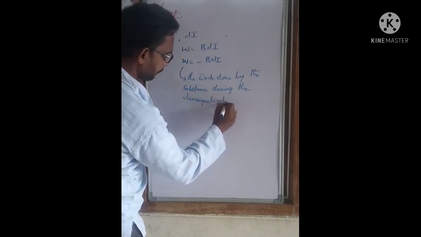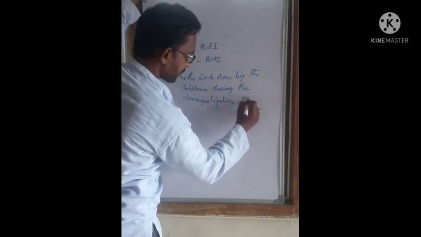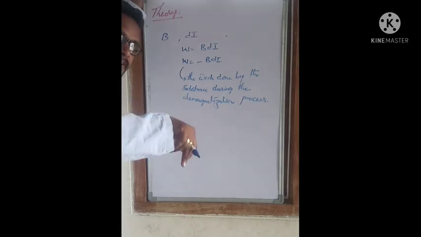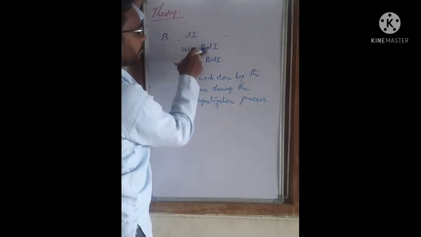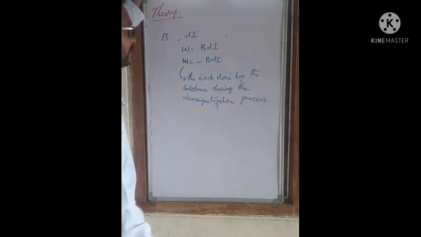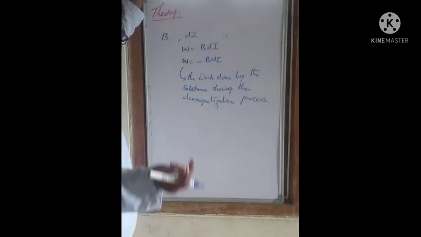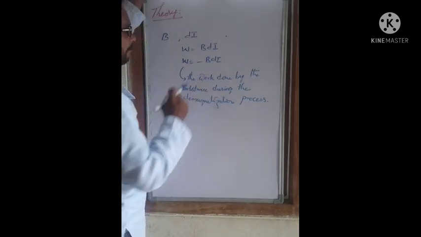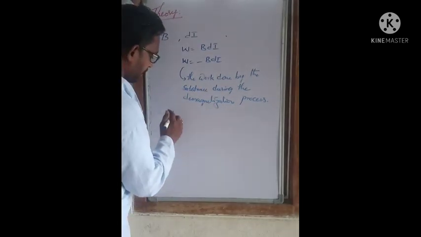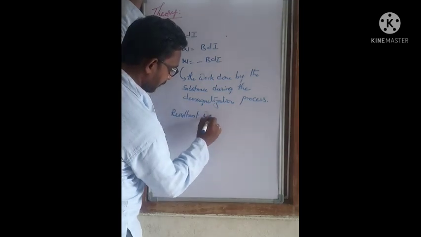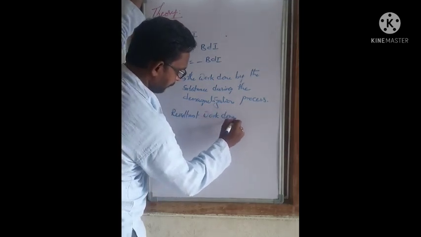Demagnetization process. In the magnetization process, the work done on the substance by the field is W = B dI. But in the demagnetization process, the work done on the substance itself is W = minus B dI. You have to remember that. Then the resultant work done